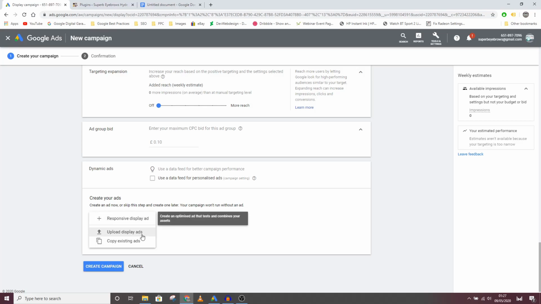Here there are a few options that will appear here. So the first one is the responsive display ads. So these are the ads that you can create yourself by adding different headlines and different descriptions to your campaign, and selecting the images provided by Google. Or you can upload your existing display ads here. So for example, if you are working in a business and you have a graphic designer who has created the banner ads for you, you can upload those banner ads through this option here. However, in my case, I will just use the responsive display ad option,